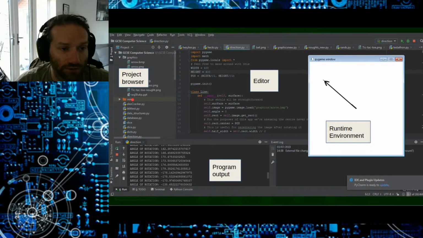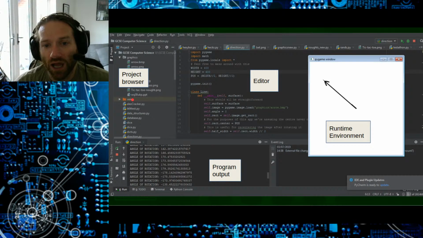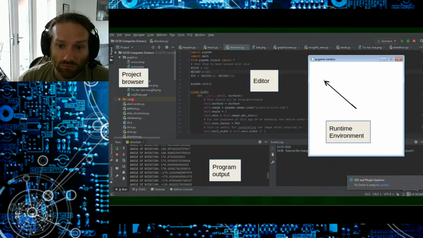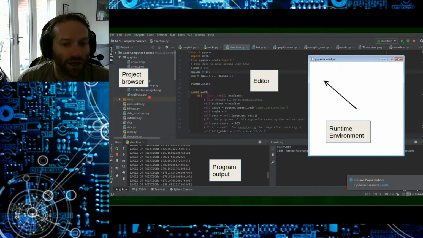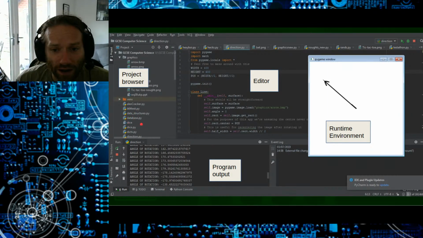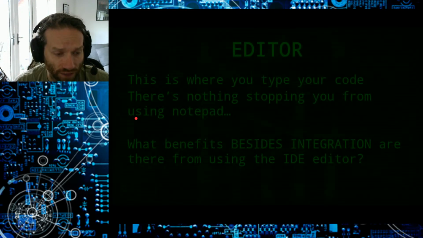Normally you'd have a separate project for each project you were working on. Here you can see my GCSE computer science project, with a graphics folder and all of these different Python programs. You can move files around and drag and drop, just like